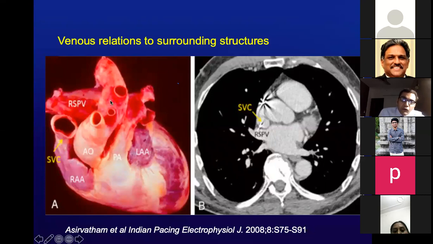Again, the roof of the left atrium has the pulmonary artery and the aorta coursing across it. You can see it going from this side, the right, to the left is the arch, and beneath the arch, you can see the pulmonary artery bifurcating into the right pulmonary artery and the left pulmonary artery. So these are your two different structures which are in very close relationship to each other.